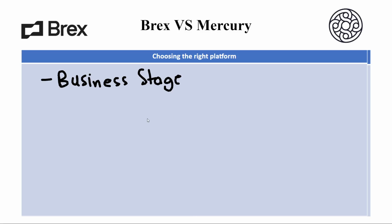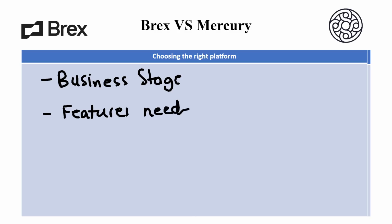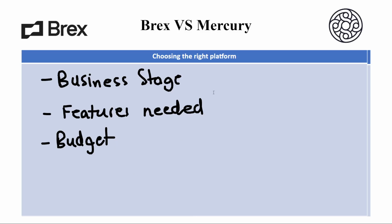The next thing you need to consider are the features needed. So identify the functionalities most crucial for your business operations. Consider features like corporate cards, bill pay, integrations with specific accounting software, or access to potential financing. And obviously, you should always look at your budget. So compare the monthly fees and any potential transaction fees associated with each platform to determine the most cost-effective option